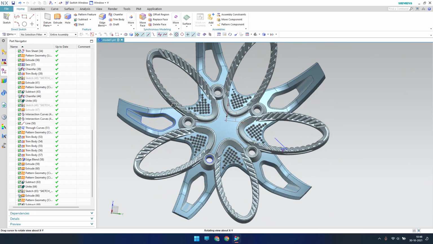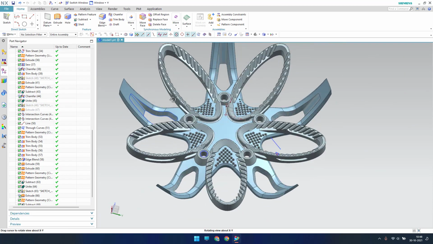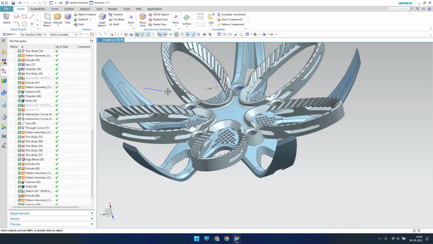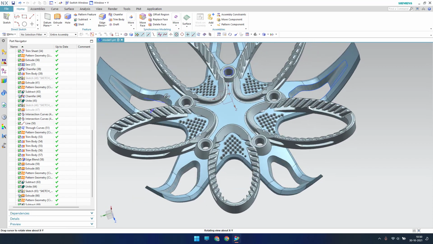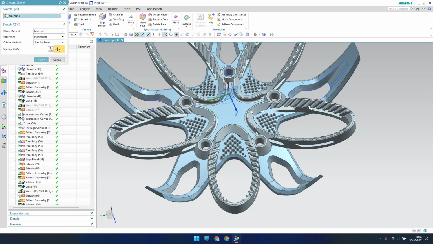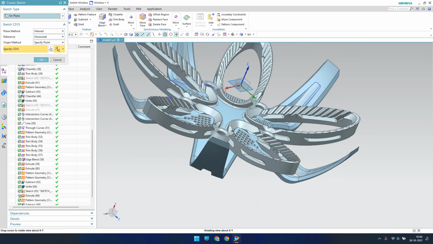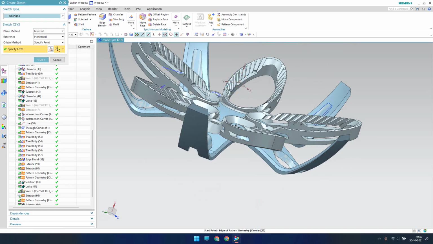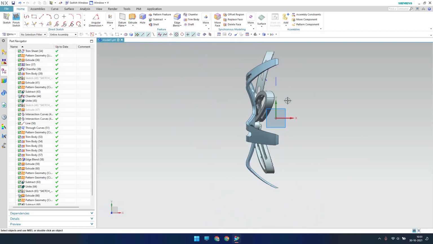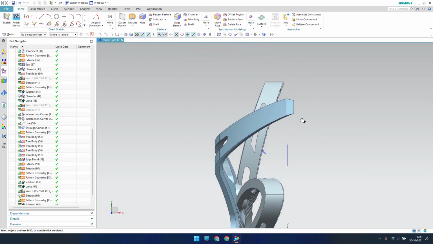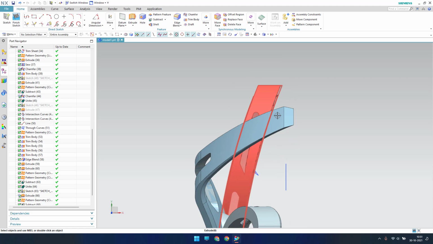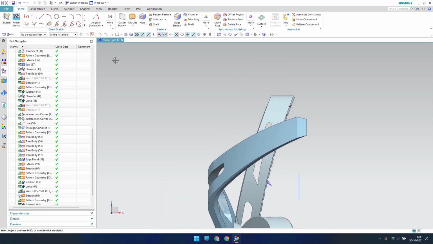So I don't want this, I'll just hide this sketch. Okay, so now what I will do is I'll just go to sketch on this plane. Okay, on this plane, and can just click OK. So now as you can see here, there is in these two there are features. So I will just create a simple profile over here in order to have a rim.